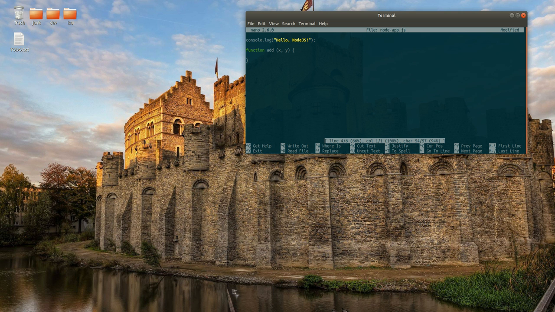So we do var sum. We're creating a variable sum. The name of the variable is sum, and the value is going to be whatever is stored in x plus whatever is stored in y, and that will be stored into sum. And then we do a console.log